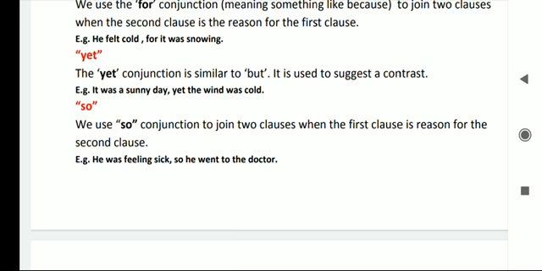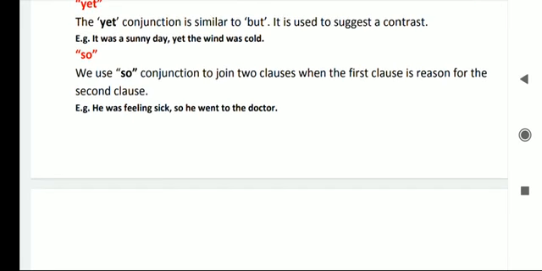सो अब so का इस्तेमाल कहाँ पे करते हैं? We use so conjunction to join two clauses when the first clause is reason for the second clause। So conjunction वहाँ पे इस्तेमाल करते हैं join करने के लिए two clause को when the first clause is reason for the second clause। He was feeling sick, so he went to the doctor। इसकी ये example है।